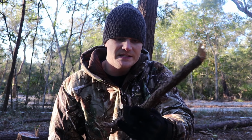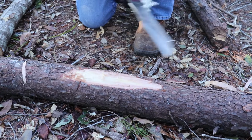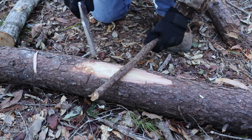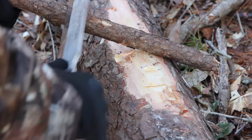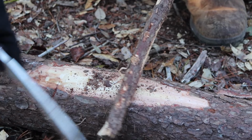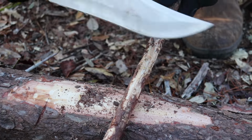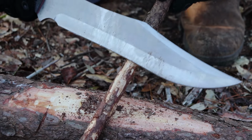All right, got us a piece of dead wood right here. We're gonna see how it feathers, clear out a spot right here. I was doing this just kind of for fun, but it doesn't do a bad job at all scraping that bark off. So, if we were to get on in there a little bit,